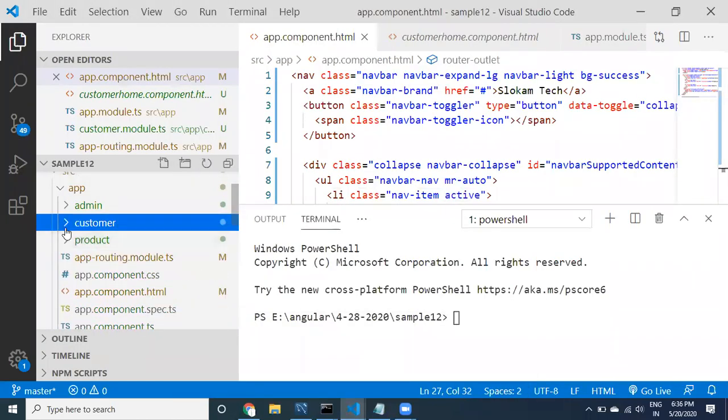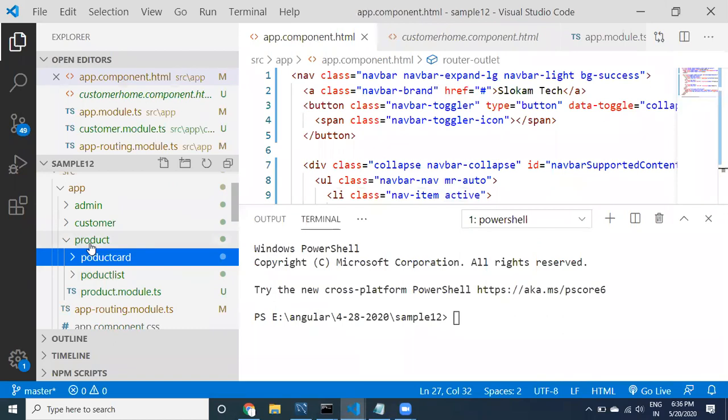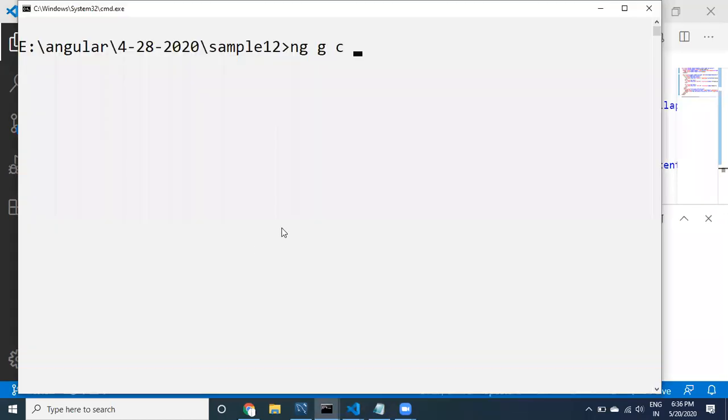I need to provide the folder name. What is that? Product. The better way is providing a slash within the product, then product home.